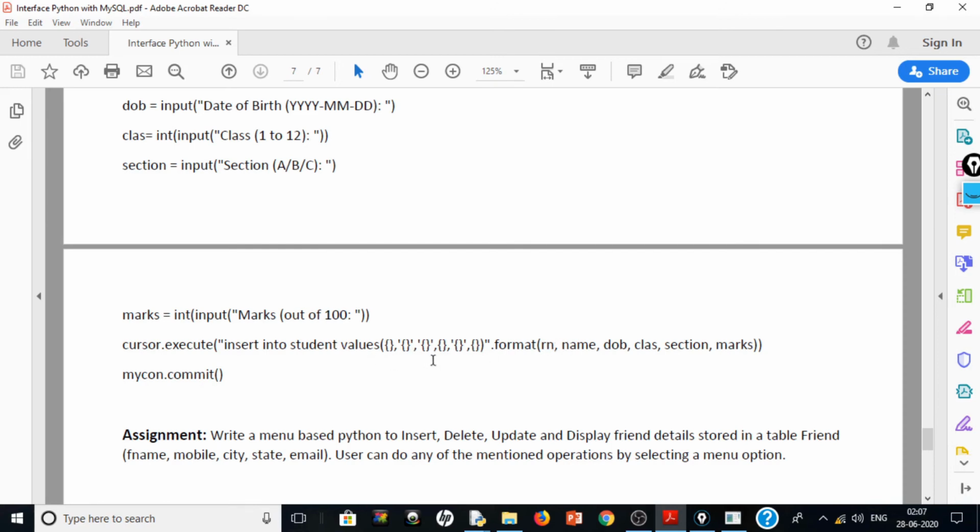So here we want roll number, in the second one we want name in single quotation marks, in the third one we want date of birth in single quotation marks, in the fourth one we want class which is not character, and the next one is section which is a string value or character value, and the last one is marks, so that is an integer value, right? After that we will say mycon dot commit.